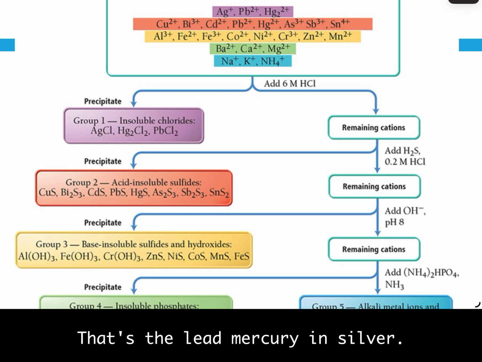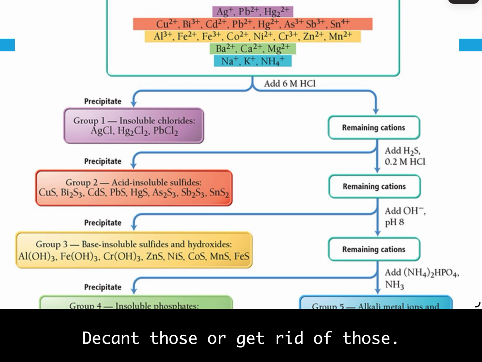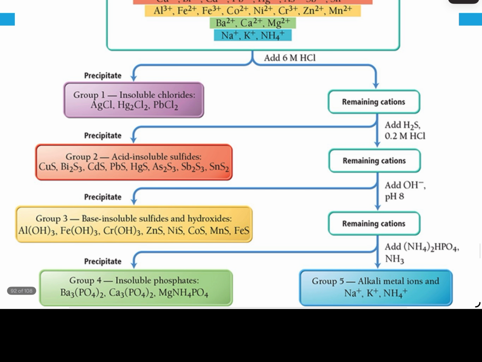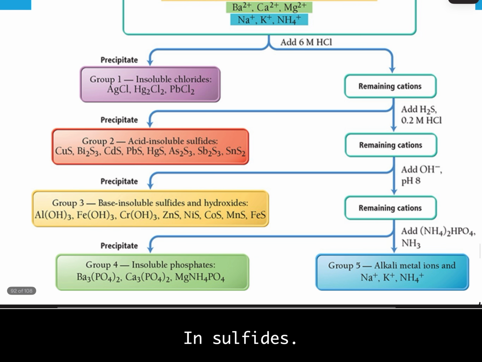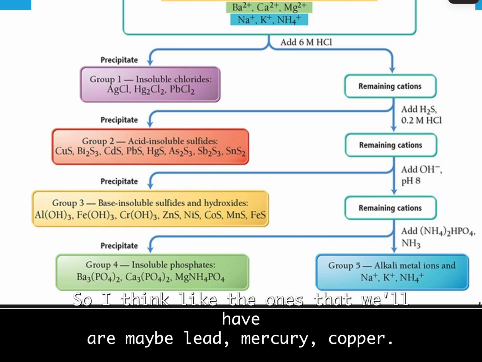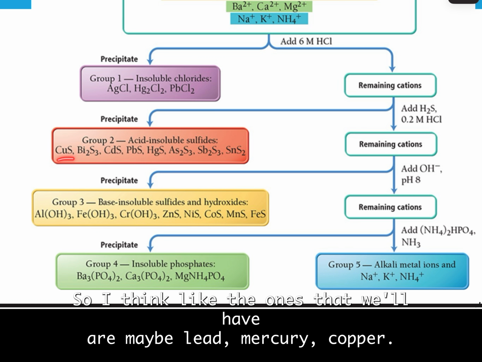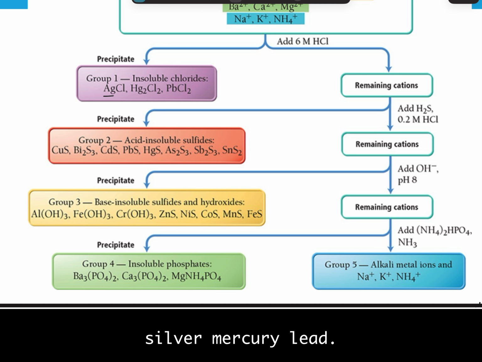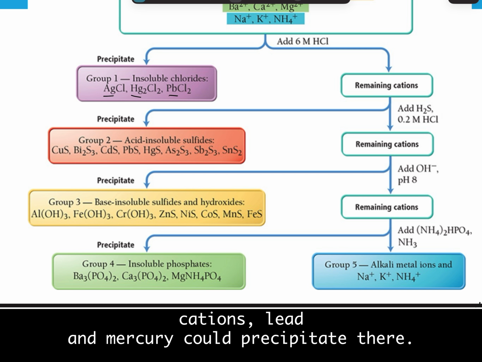All right, so lead, mercury, and silver. That's after adding 6 molar HCl. Decant those or get rid of those, and then you've got anything that could be left. And sulfides, while relatively insoluble, there aren't many that we would have. I think the ones that we'll have are maybe lead, mercury, copper. But if we look at this list up here, we've got silver, mercury, lead. When we move down to these remaining cations, lead and mercury could precipitate there again,